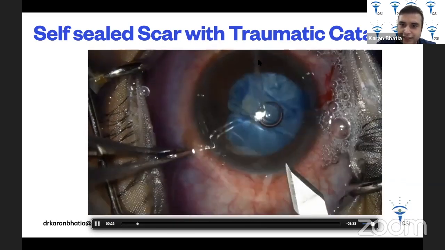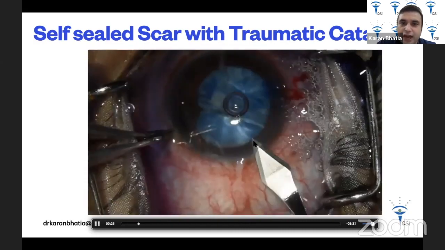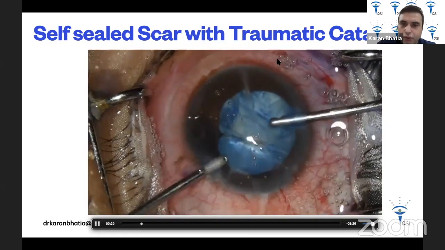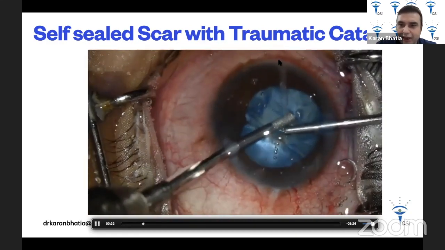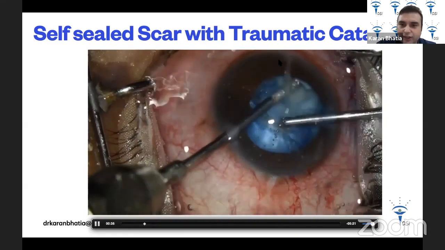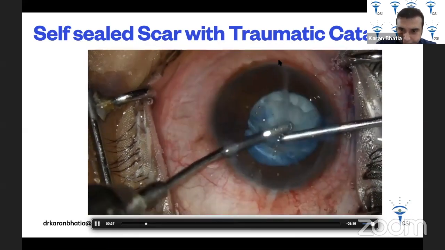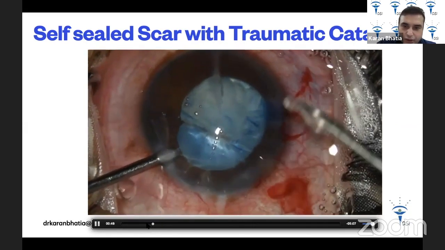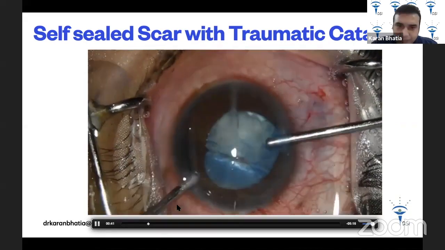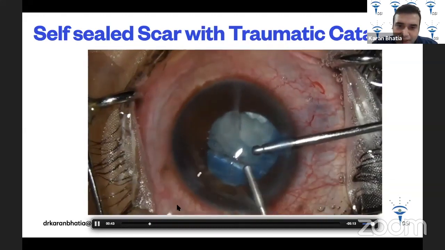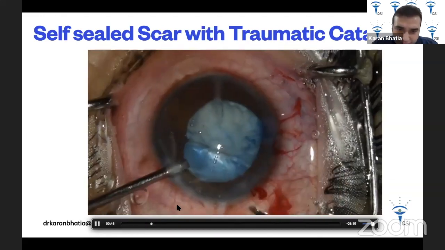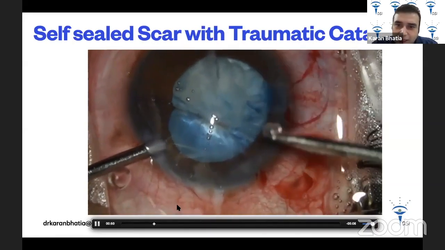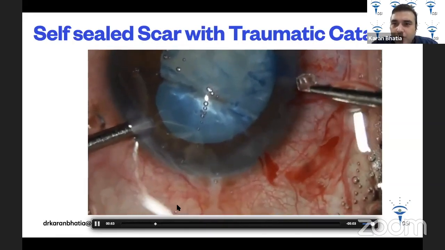So this is the tear that is here. So I'm going to make it opposite to that, because I don't want my main incision to be near this wound. So then I'm removing a little bit of this fluffy area of this swollen lens. And once that is done, I'm going to move on to my next step. Look at this. Once this is done, I noticed that there's something inside. I've injected OVD, but I noticed something is there. And look at this. There's a foreign body inside, a transparent foreign body, which was not there earlier on.